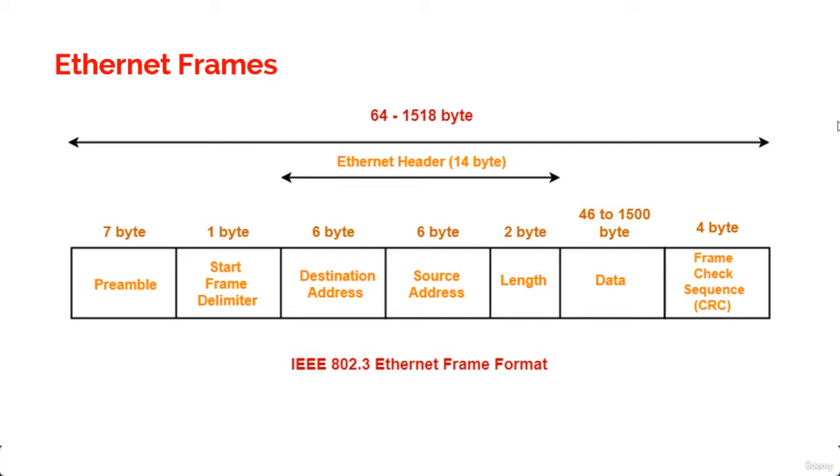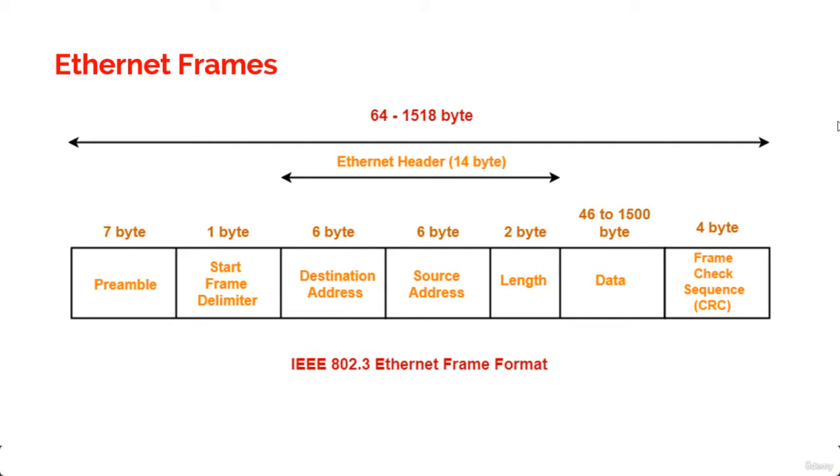Now, the 802.3 IEEE Ethernet frame format is on your screen right now, and I will explain what each field means. The first one is the preamble, which is a 7-byte field. An alternating 1-0 pattern provides a clock at the start of each packet, which allows the receiving devices to lock onto the incoming bit stream. Then comes the start of frame delimiter.